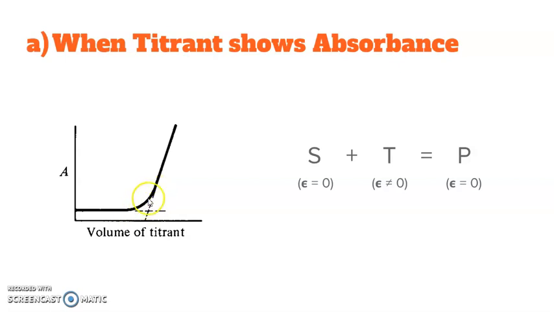demarcation of the endpoint, since there is a rounded curve here, what we usually try to do is extrapolate this straight line and this straight line as well, so that they intersect at one particular point. And if you extrapolate this point so that it reaches the x-axis, that volume of titrant gives the endpoint. Okay, so that is how spectroscopy will help us to determine the endpoint when there is an absorbance because of the titrant, whereas the rest two, that is substrate and the product, do not have any absorbance.